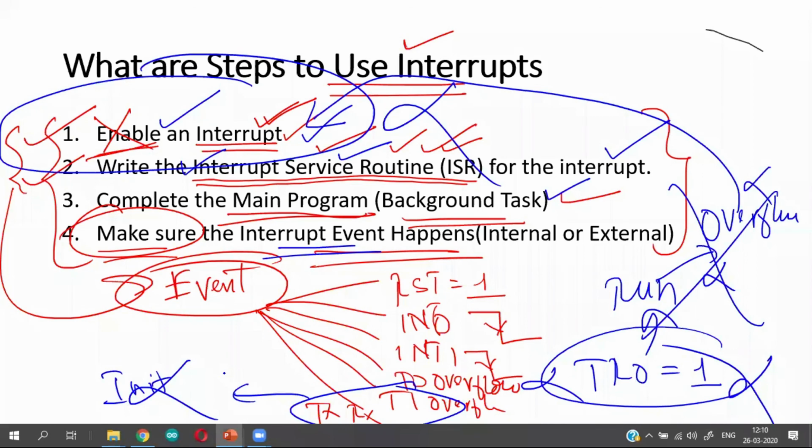What I mean by that, I have to scratch the lamp for the Budam to come out. If I don't scratch the lamp, the Budam is never going to come out, and whatever plan or job that you are planning to give to the Budam is never going to get executed. So this is the concept that you have to understand. I stop here. In the next class, we will see how to enable the interrupt, how to write an interrupt service routine, and how to make sure such an event happens. Okay, so this is the point where I stop.